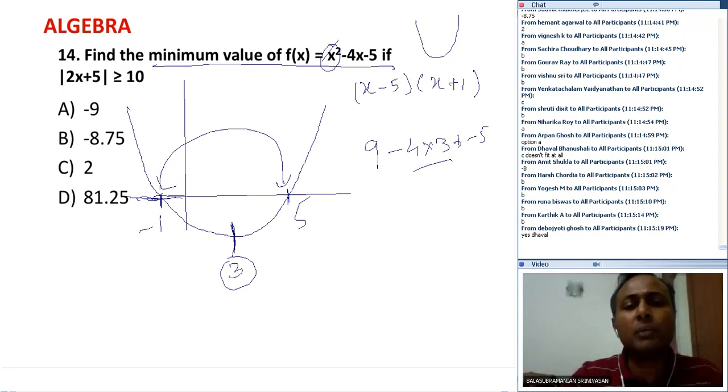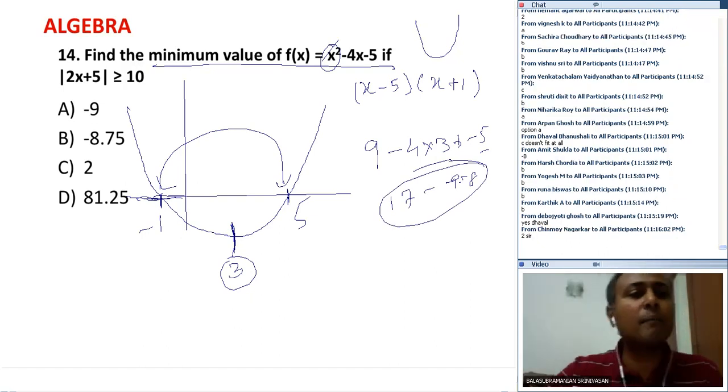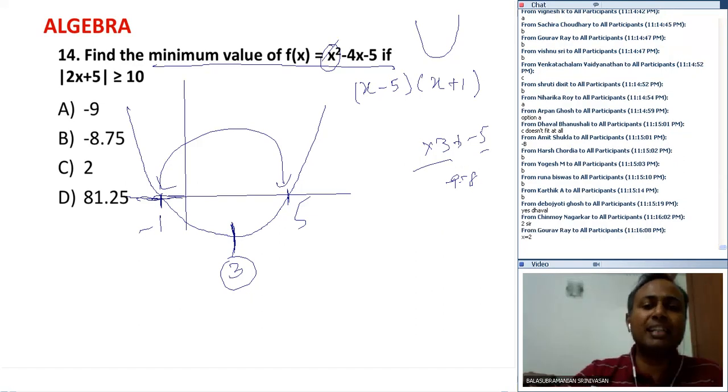Was it 12 plus 5, 17 minus 9? Is that what you did? Looks like 8. 19 minus 9, 8. I don't know why you people mark 9, but clearly that's not the answer. But for those of you who didn't do that, or didn't get a grip on this, what is the next